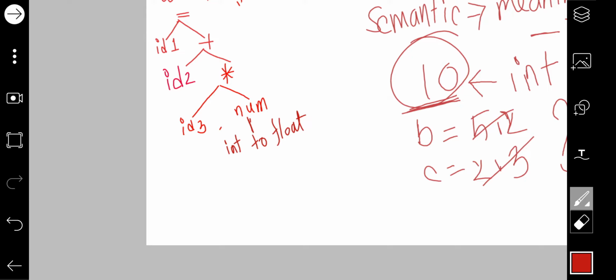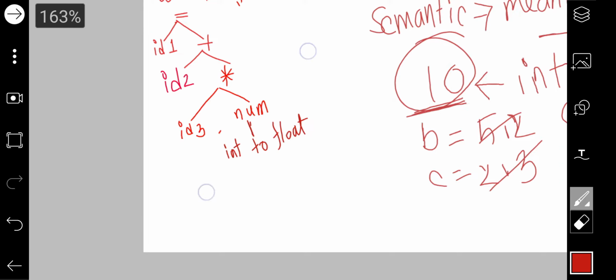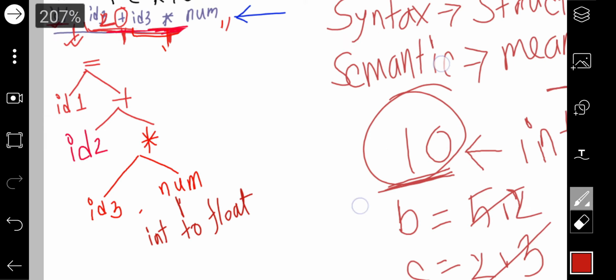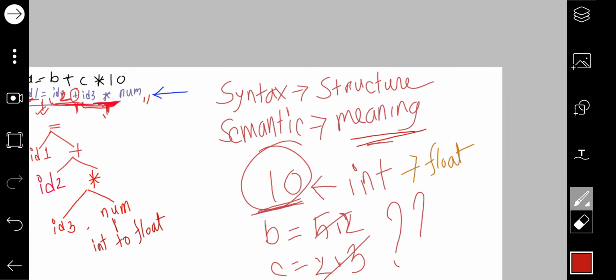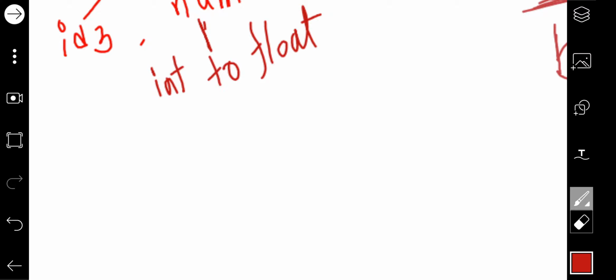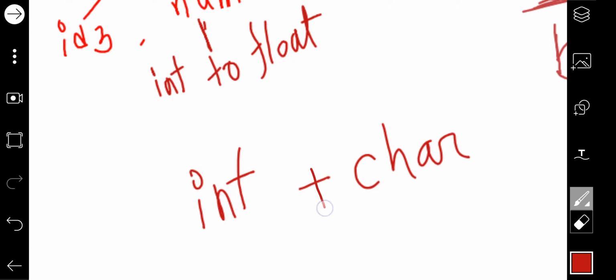Now what happens in case of semantic analysis? Whenever you are going through the semantic analysis, it will check for type compatibility. If suppose there is an integer and another character, you cannot actually do a summation between a character and an integer. It is impossible to do.